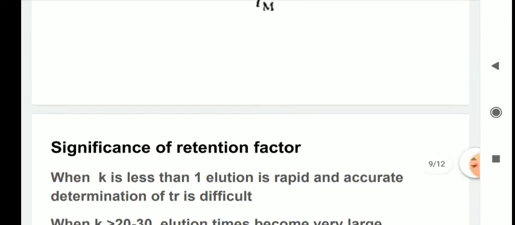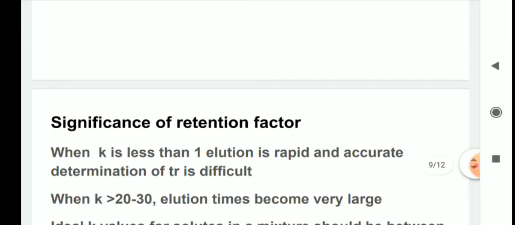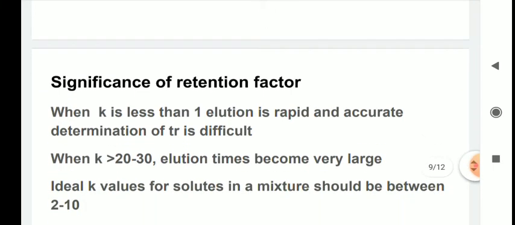What will happen if the retention factor is very low? When the K value is less than 1, the elution is rapid and the accurate determination of the Tr is difficult. If the retention factor is very small, then the solute comes out of the column very fast, and in that case determining the Tr value will be difficult and the separations are not very